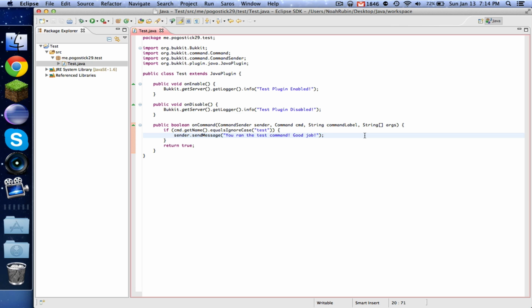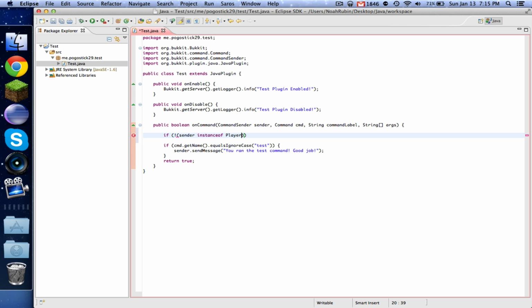Two other things that might be of interest before we test it. The first thing is, this command sender could either be a player or the console. Sometimes we want to make sure that it's a player. For example, the next tutorial that we do is going to be simple commands like healing and feeding. So we want to make sure that it's a player that does that. So here's what we do. If exclamation point, and make sure you have a second pair of parentheses, sender